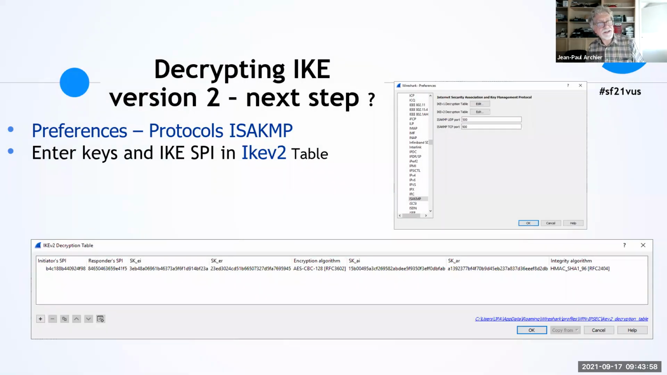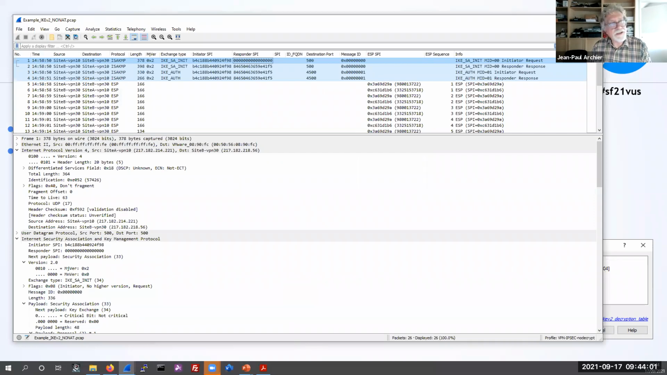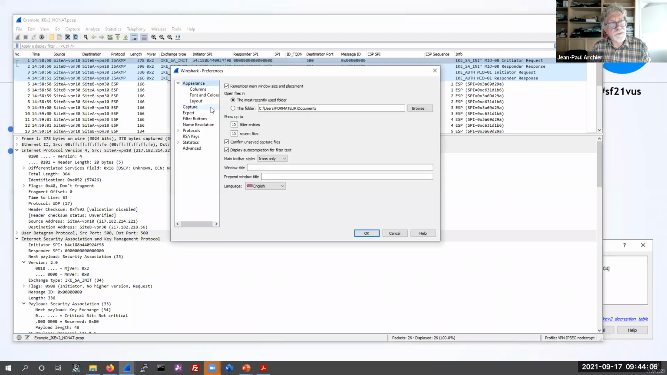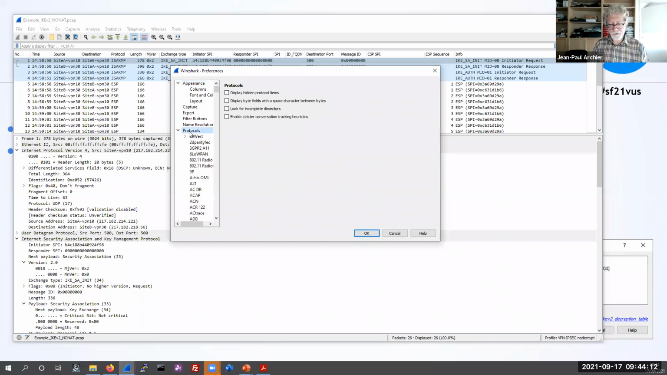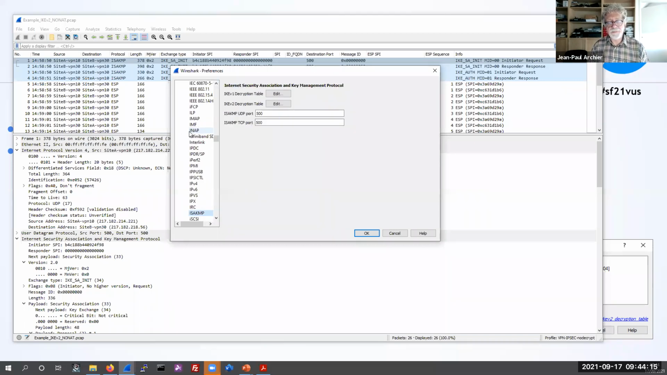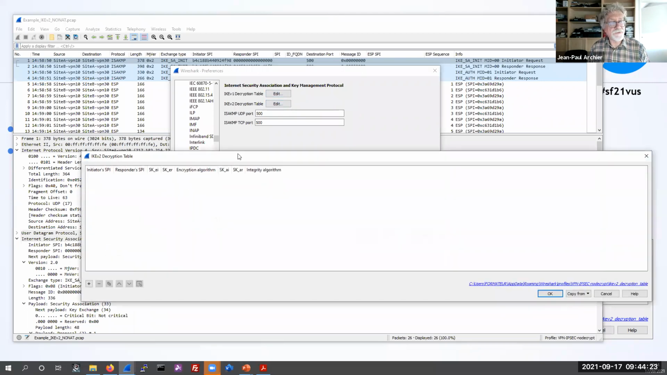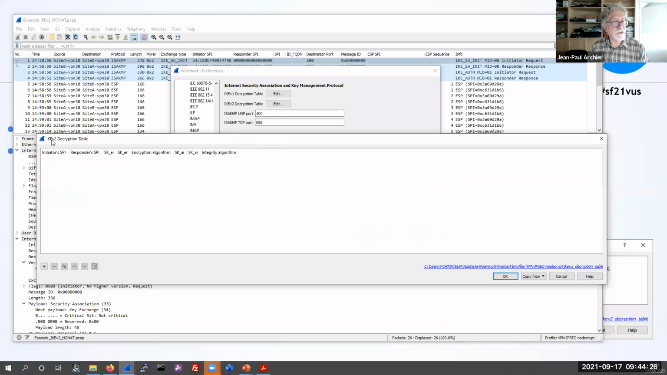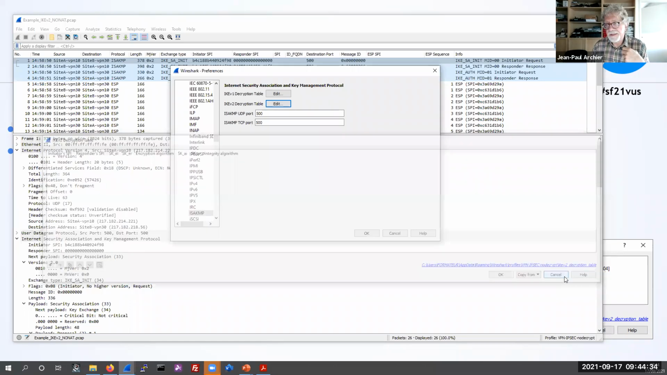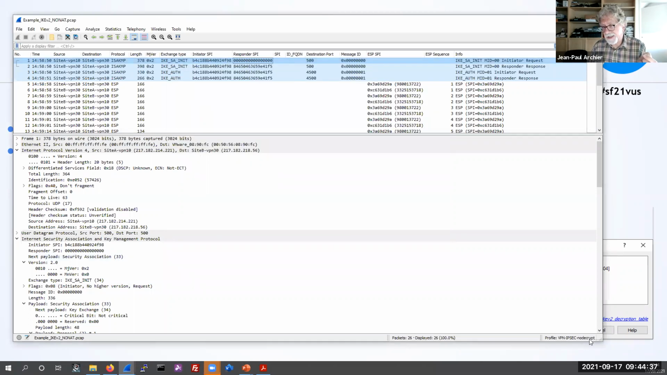And somewhere, if I start with the no decrypt version, it's in the preferences screen, in protocols. In protocols I will look for the IKEv2 protocol, and on this screen I've got 2 buttons. One is for version 1, and for our current version it's button ID2. For the moment it's totally empty, but if I look at my other profile, my complete profile,